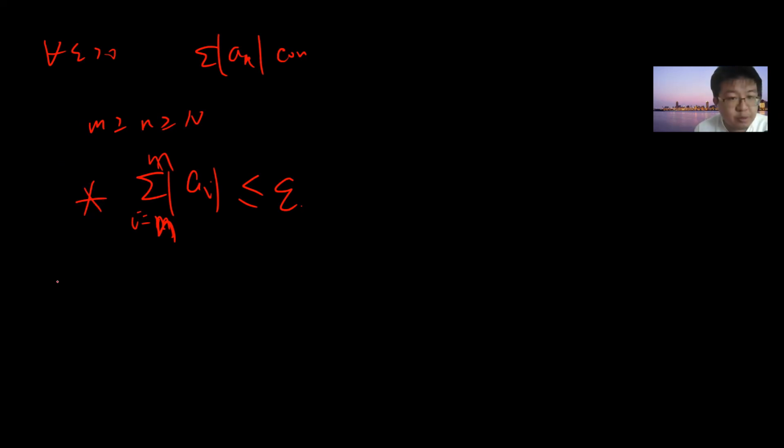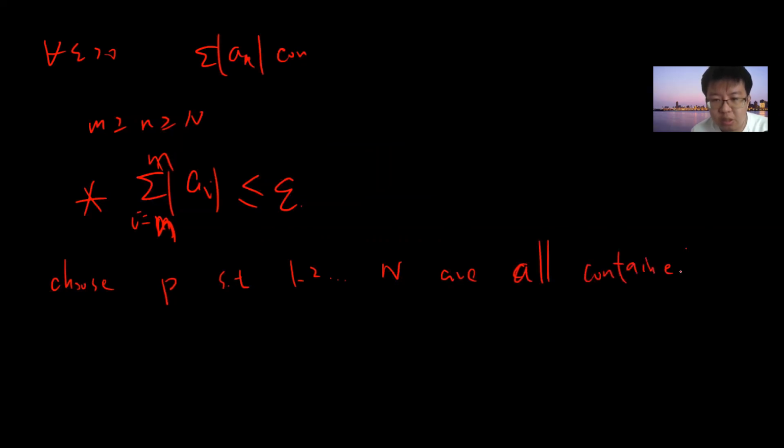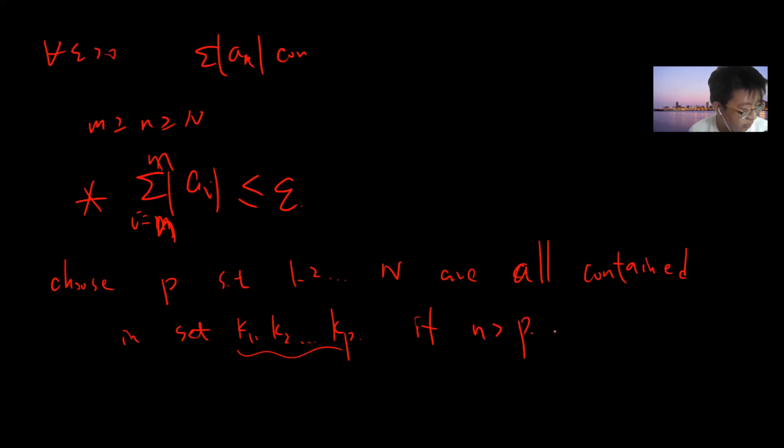Let me choose P such that 1, 2, up to N are all contained in the set K1, K2, up to Kp. This is the rearrangement, right? So if n is greater than P, then